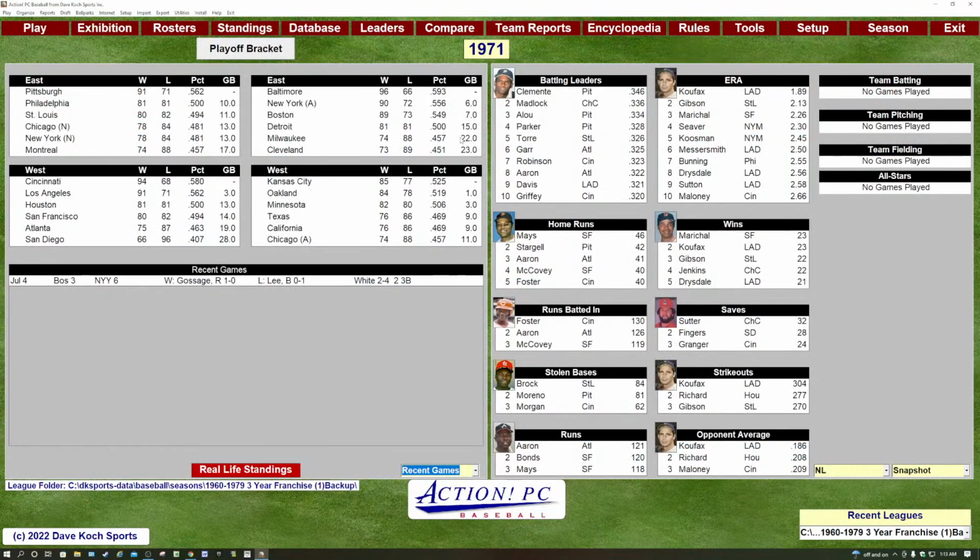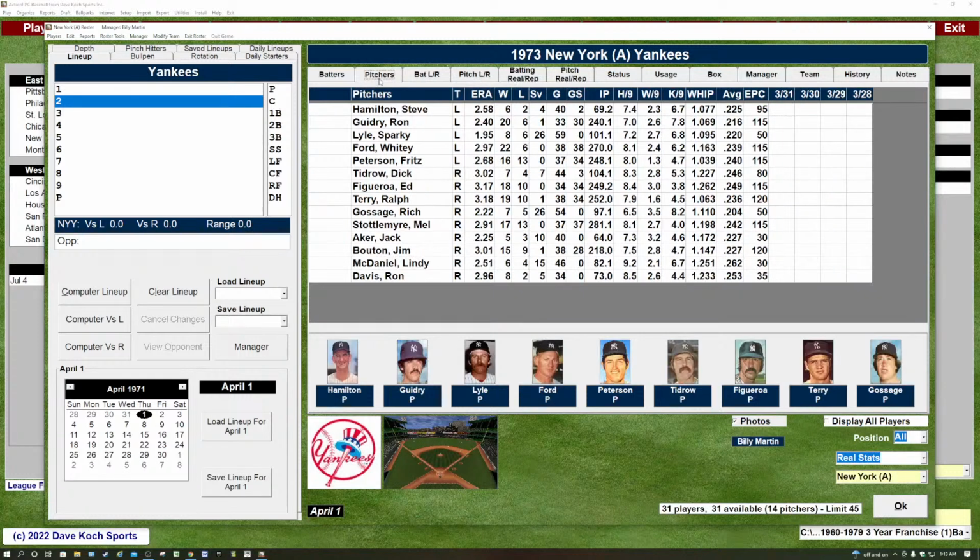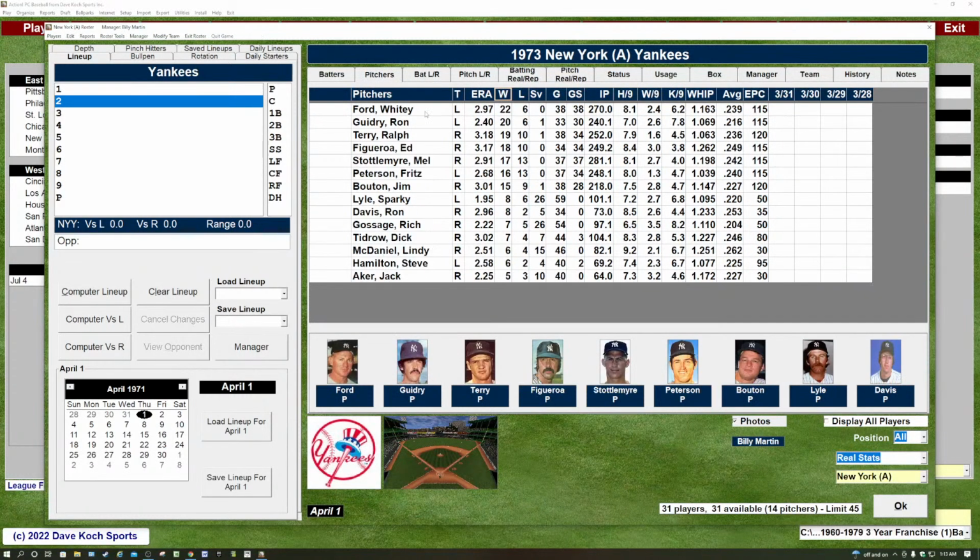All right. What do we want to look at here? Again, I was just doing it for gameplay. And this is a fan-created, community-created league. And I'll just show you the Yankees real quick. Their pitchers are Whitey Ford, Ron Guidry, Ralph Terry, Ed Figueroa, Mel Stottlemyre, Fritz Peterson, Jim Bouton,